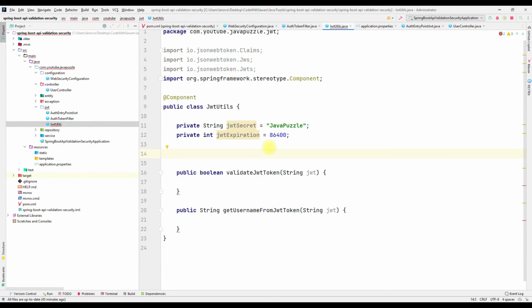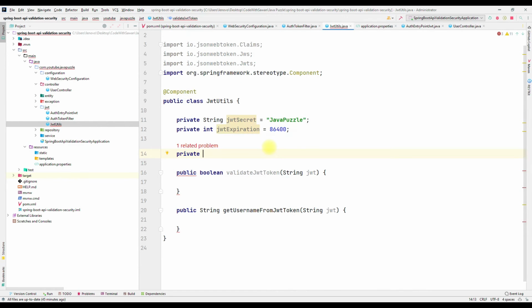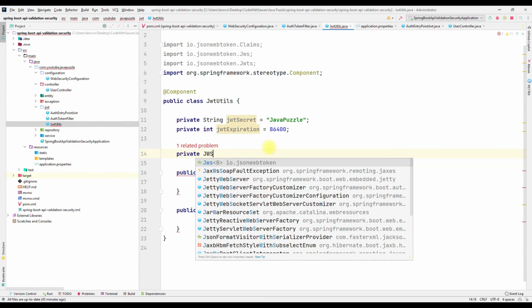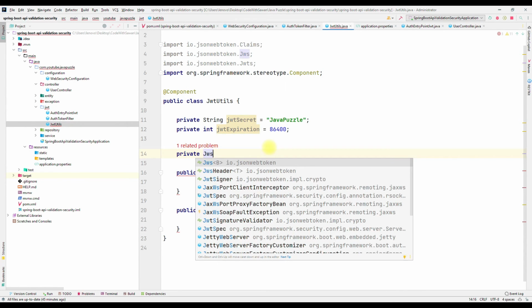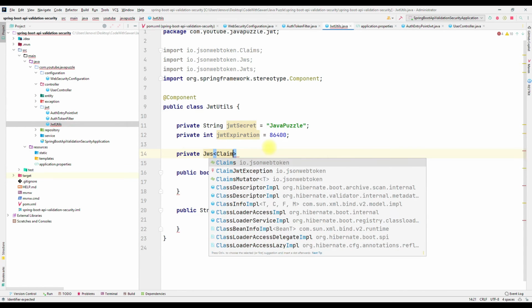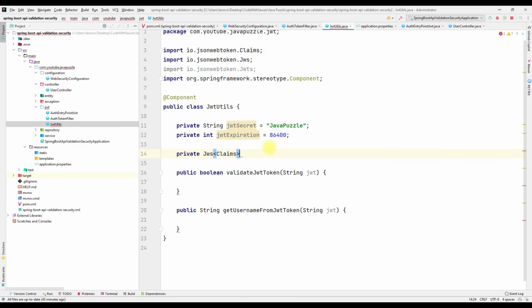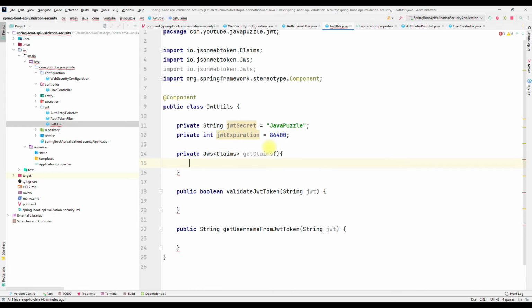Okay, so before implementing validate JWT token and get username from the JWT token, let me create one method here. Okay, private Jws Claims, right? And Claims Jws, get claims. Okay, and here we just use here